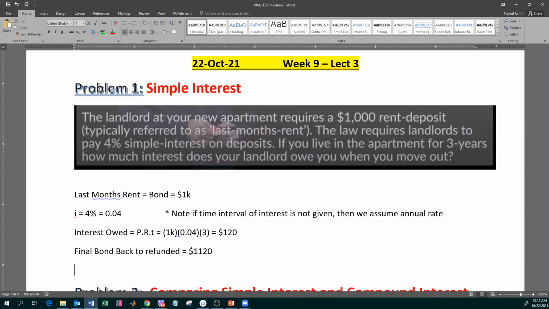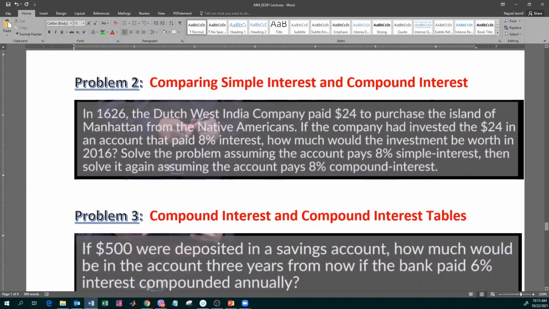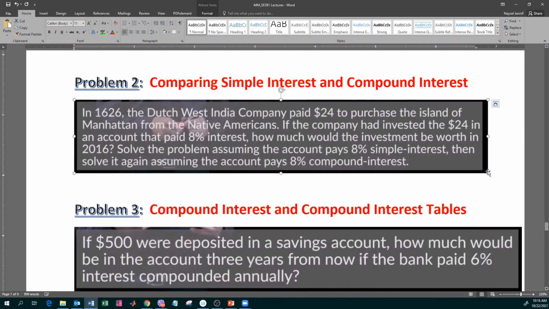Let's now move on to the next problem. We call this problem in 1626. A Dutch West India company paid $24. This is very relevant to Fiji as well, because in Fiji too we had